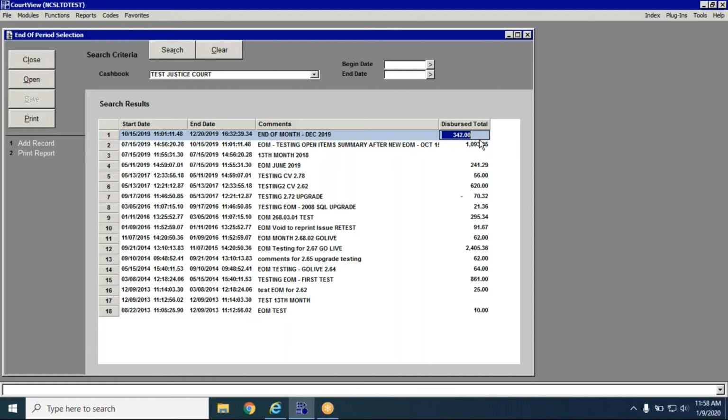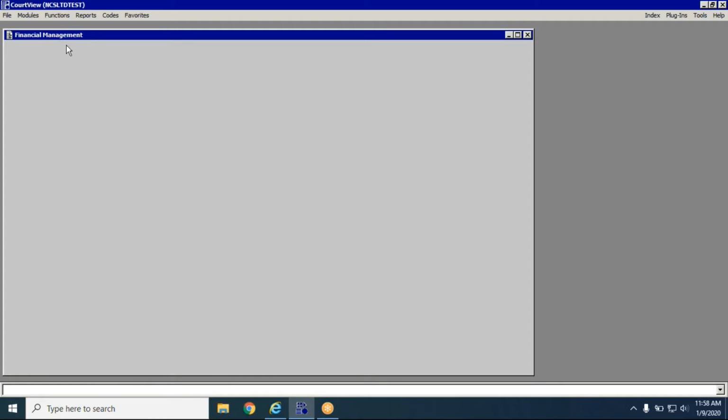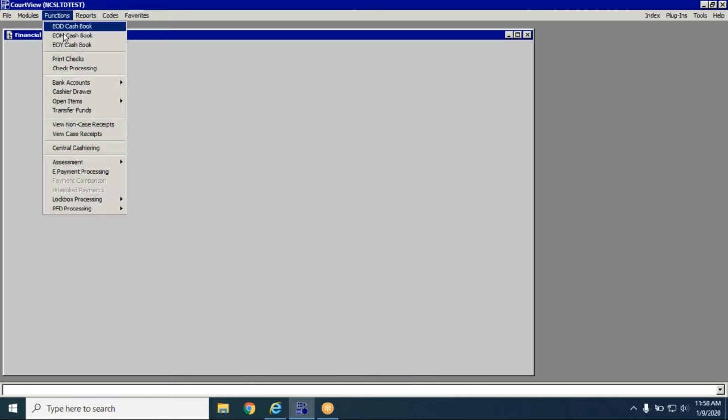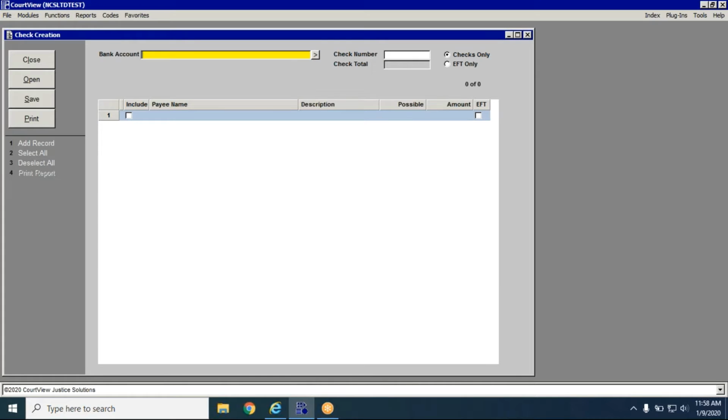This 342, where else is that going to show up? We talked about in the checks video that there was another way of generating checks out of the system, and the end of month is definitely one of those processes. So where does that check go? What we're going to go ahead and do is hit close. We're going to stay in financial management, and we're going to go up to functions and print checks. We want to select our bank account,